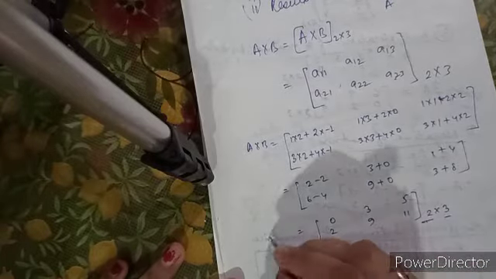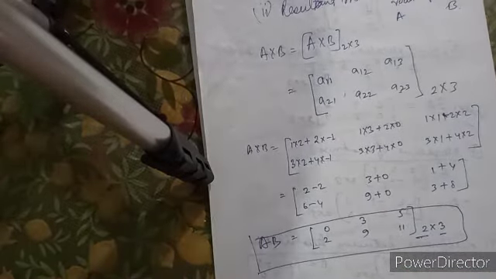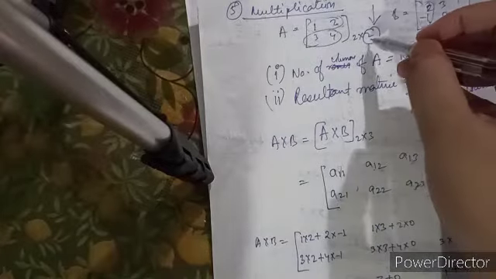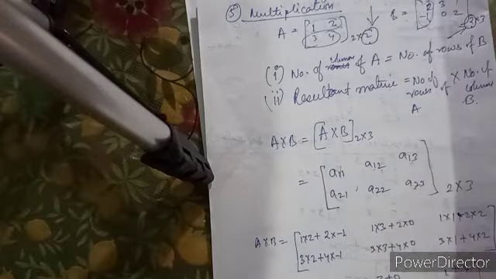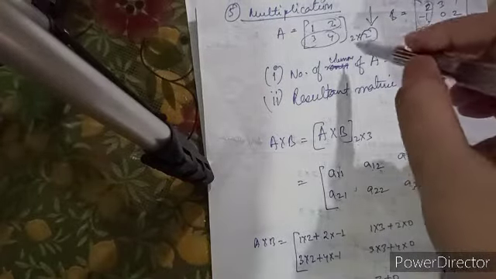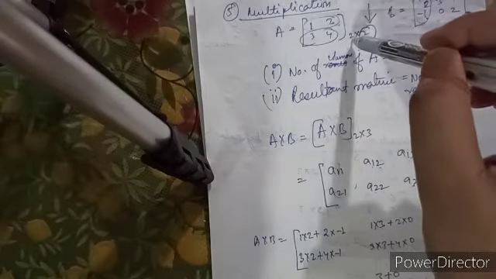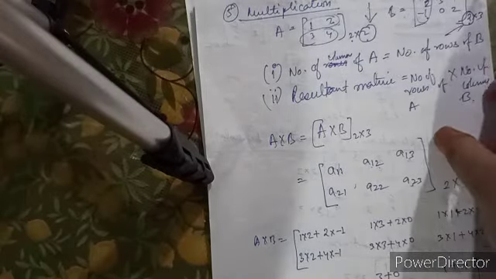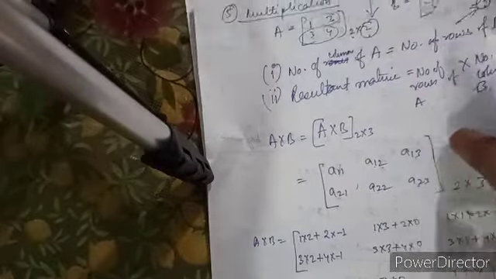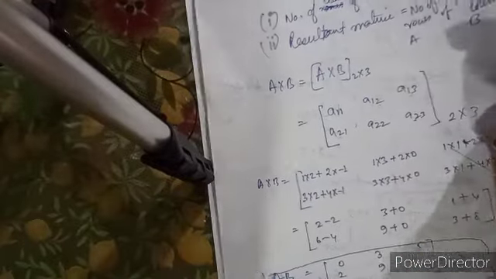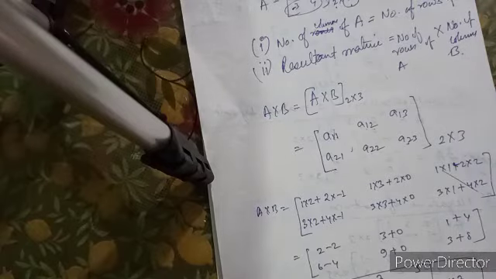So if you see here, 2 rows and 3 columns. This is the multiplication we can do in terms of 2 matrices. What I told you is that the number of columns must be equal to the number of rows. You have to check that. If it is different, then you cannot multiply the matrices. Then the final order of the matrix will be the number of rows into the number of columns of your second matrix. If you write the notation, it will be easy for you to see which row element must be multiplied with which column of your matrix.